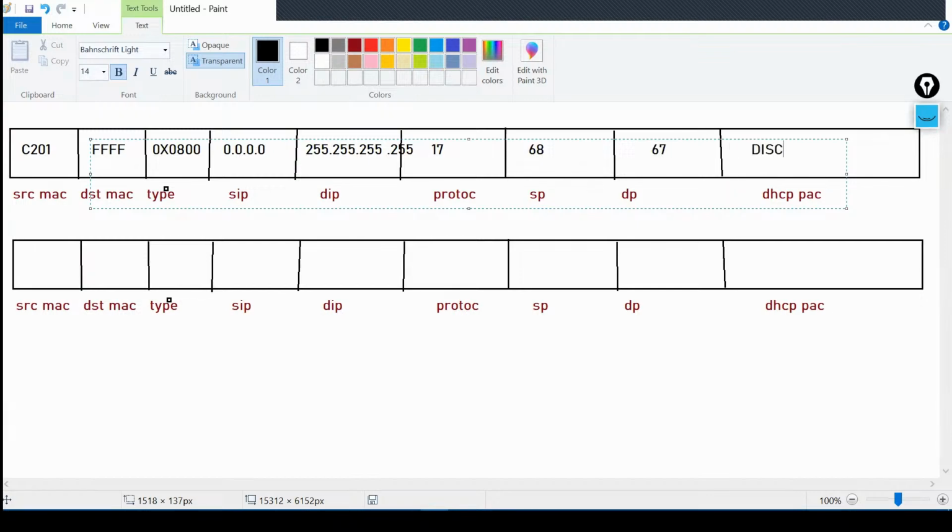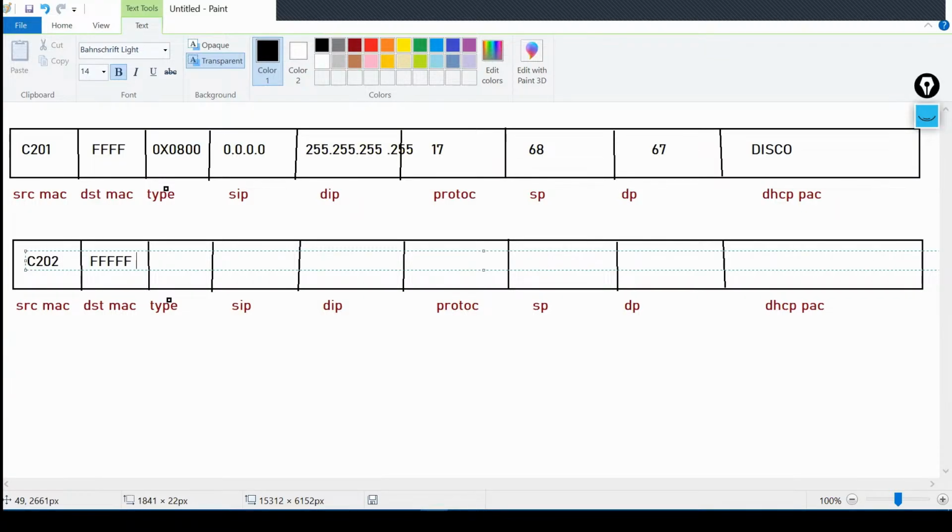Discover packet. Okay. Next packet is what? Now the server will send. The server MAC address will be C202, for example. Destination MAC will be what? Broadcast. In Cisco CLI, all the packets will be broadcast.